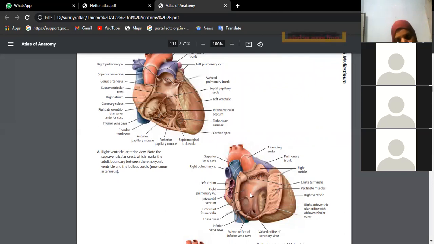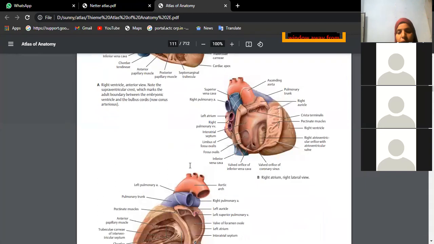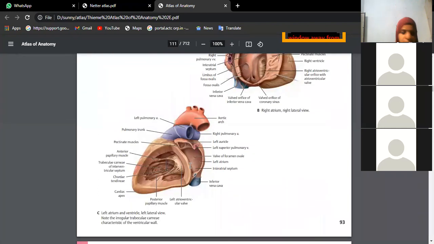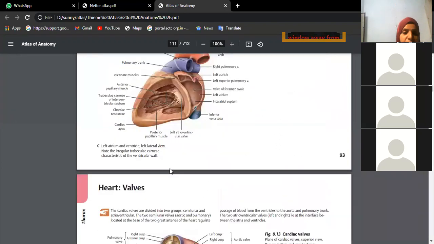So this is the interior of the right atrium. This is the interior of the right ventricle. Take the help of atlas. Tomorrow, do not go to the dissection hall without an atlas. It's better not to go to dissection if you are not carrying your own atlas. That is very, very important if you want to learn something. Don't depend upon anyone. You learn on your own. Put in your own efforts. That's what I have always been telling you.